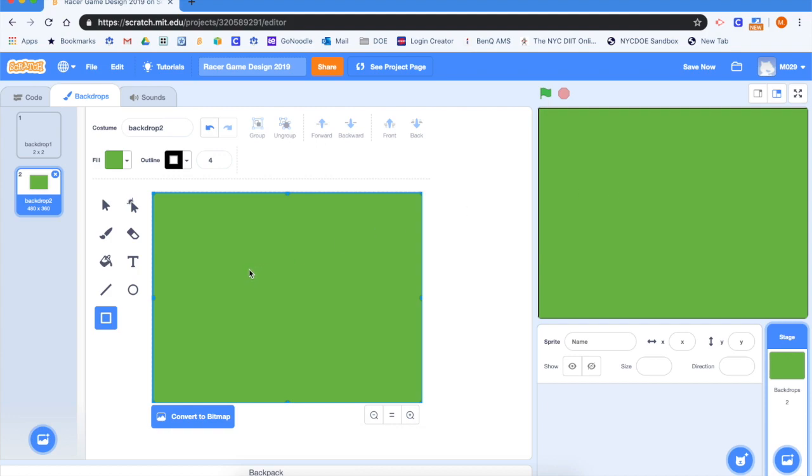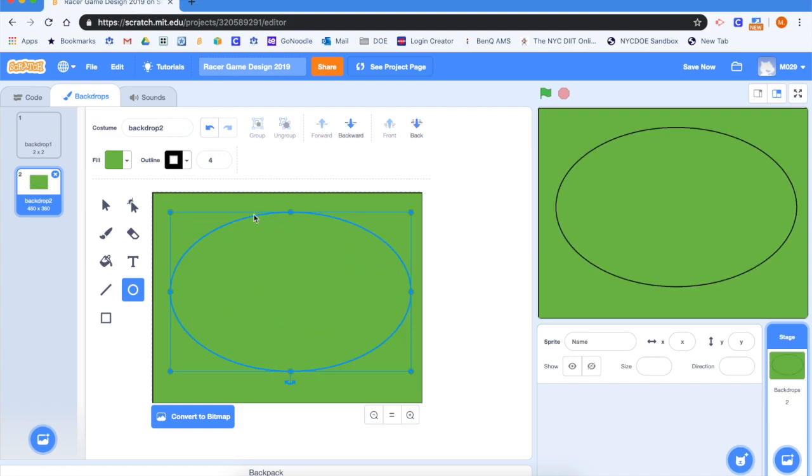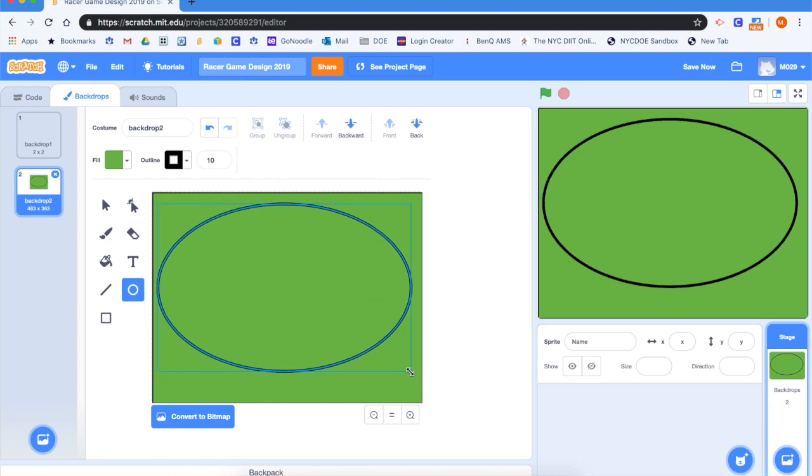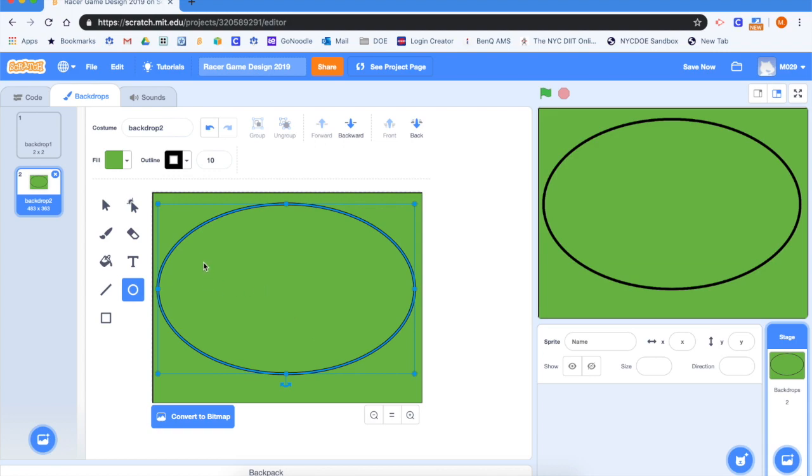So next what you want to do is make the track with 2 different circles. Let's draw out the first one. Now I want to make the wall a little thicker than that, so you move up here where it's 4 points, and let's increase it to 10. And let's make this a little larger. Next, draw another one. Click off of it, and now